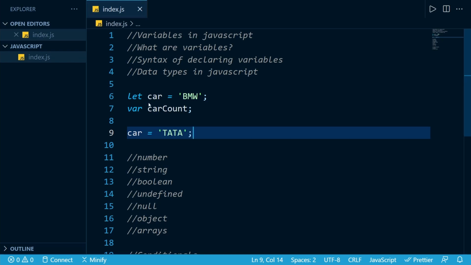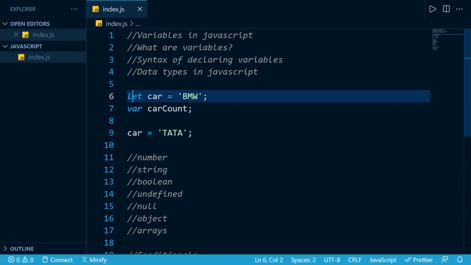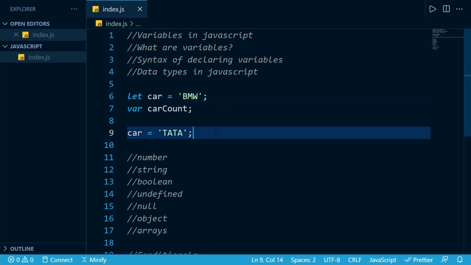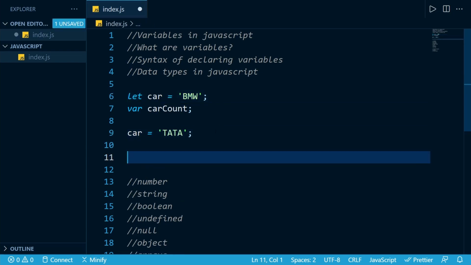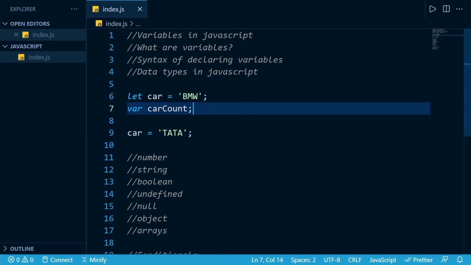Now this was the syntax where we have the var or let keyword, we have the variable name, and then we may have equal to, so that we can initialize the value, or maybe we want to run some code. Basically here we want to do some calculations, and after all that we want to initialize the value of car count to something like 12 or maybe something like that. So we can do that as well. Both are possibilities. This was how we use variables in our JavaScript.